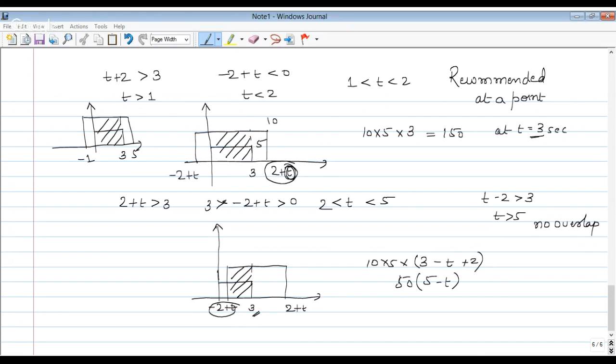So what I was telling you guys is, if you want to do graphical convolution, it is better that you do it when it is asked at a certain point in time. Okay. So when you have to determine, let us say, the convolution at t equal to 3 seconds, then do not shift the signal by t, rather shift the signal directly by 3 seconds. Is it fine? You can save a lot of effort and time in graphical convolution, but if you have to derive something as a function of t, then it is not suitable to use